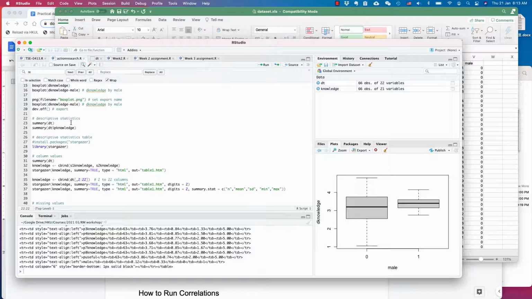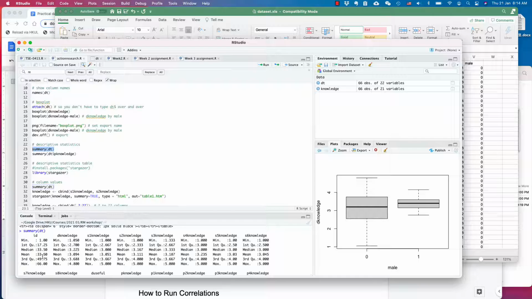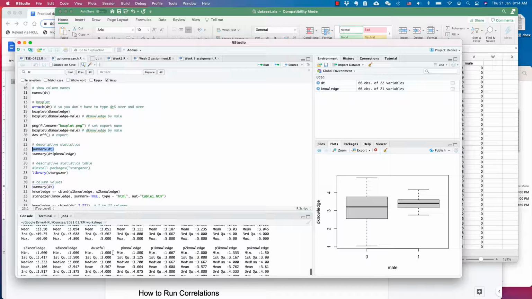Hi guys, in this video I want to show you how to conduct descriptive statistics in R. The first command is summary. Remember we have our data set in the working environment which is named DT, so we put summary and DT. Using this command, you will be able to see the descriptive statistics of all the variables in the data